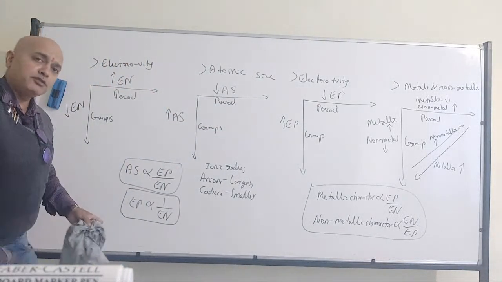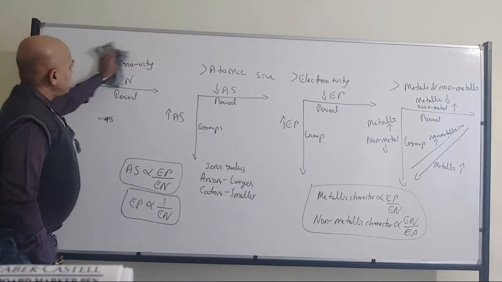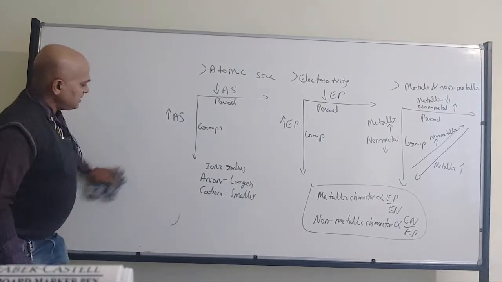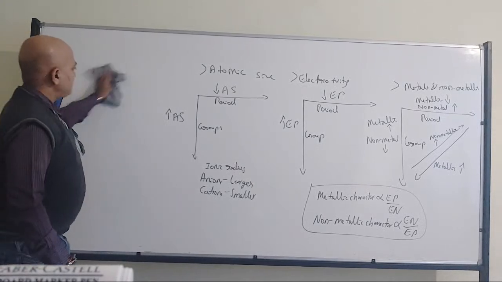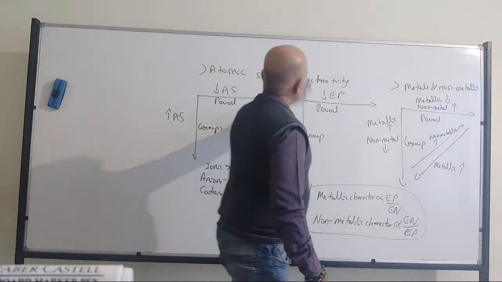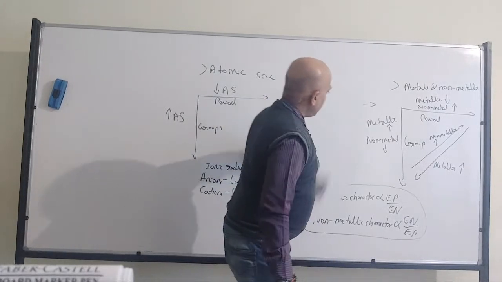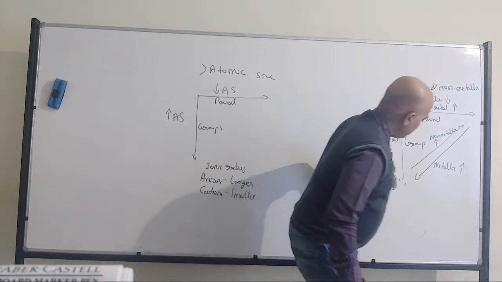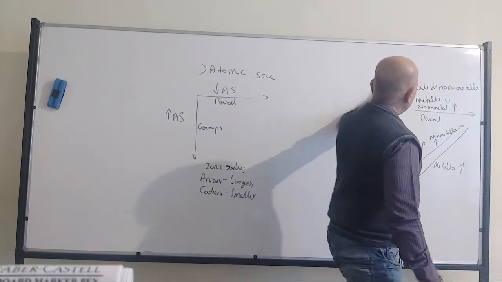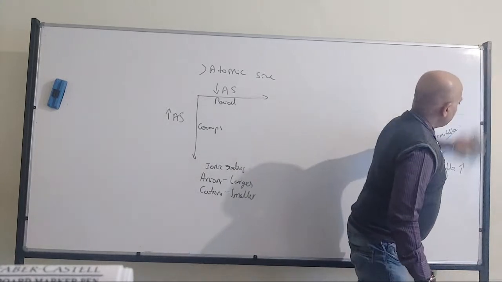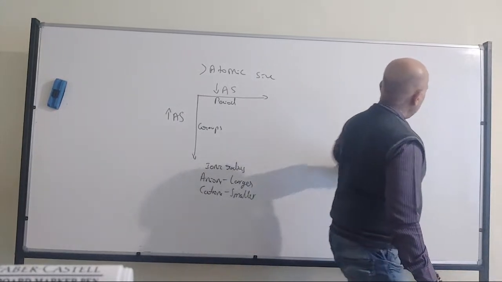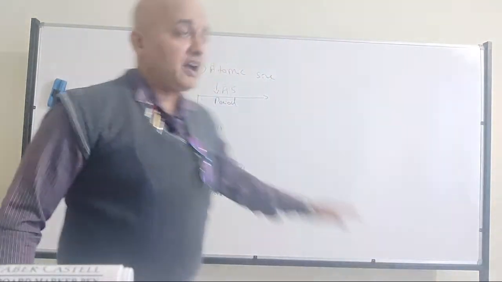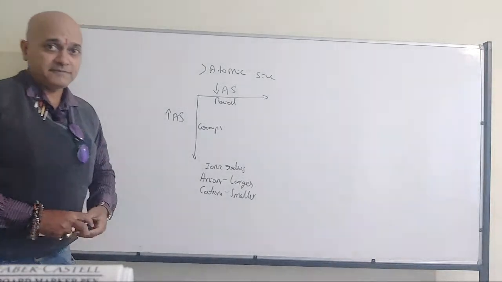Fine. So we'll move to the next one. Electronegativity is done, electropositivity is done, and we have derived the relation based on the picture. Atomic size, I will keep it there only. I am not going to disturb the atomic size because that is the deciding factor for these properties. Atomic size is the one which is going to have the impact on these properties. Therefore, I have kept atomic size as it is.